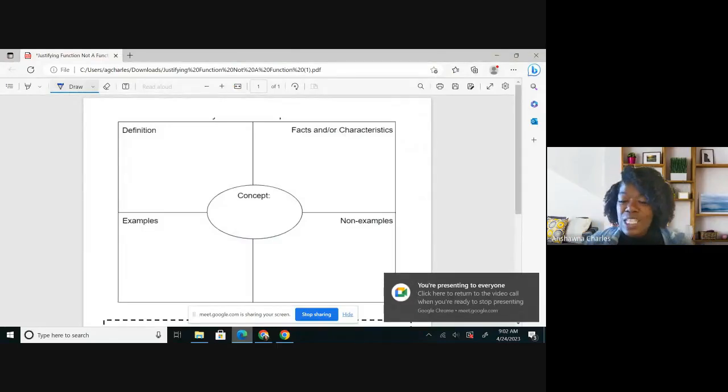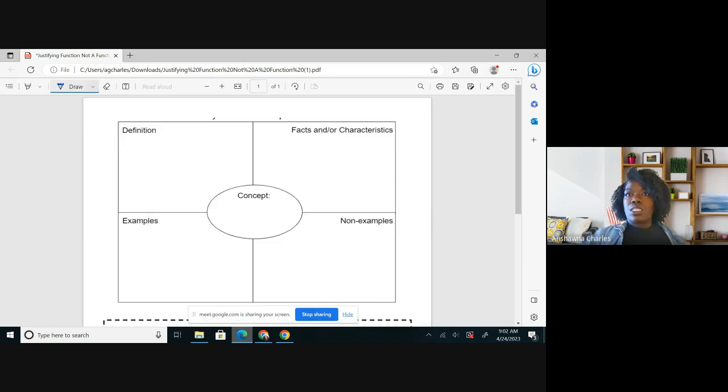All right. So what we're learning about math today is functions. And we're going to do functions, not a function. Okay. These should be one of the easy questions that you will get on your STAR test. Okay. So if they ask you what a function is, you should be able to tell them. All right. So a function